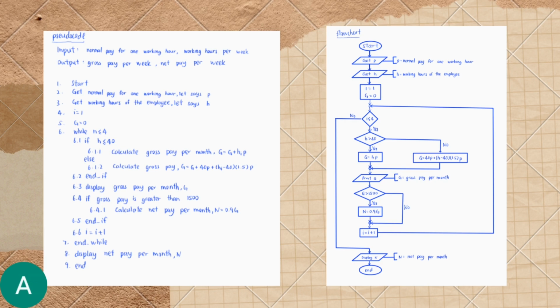Same as the pseudocode, we need a starting process, as well as getting variables of our input, which is P and H, stated right here, our normal pay for 1 working hour and working hours of the employee. Now, moving on to I equals 1, which is the itinerary number, and the gross pay per month. For the next step, which is a decision or condition, if I is equal or less than 4,